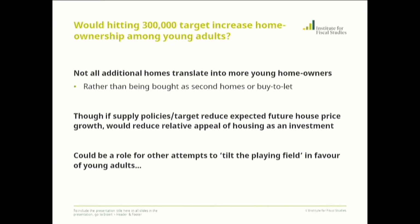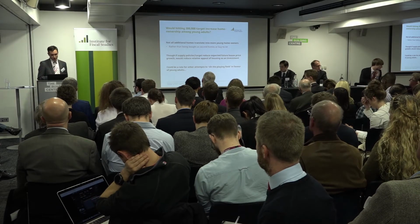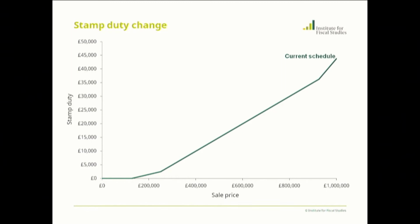But there could well be another role here, if you really want to try to increase home ownership among young adults, for other kinds of attempts to tilt the playing field in their favour, if the concern is really this distributional one about that group being disadvantaged in the market in some way. And that leads on really to the other measure that I'm going to talk about, which is around cutting stamp